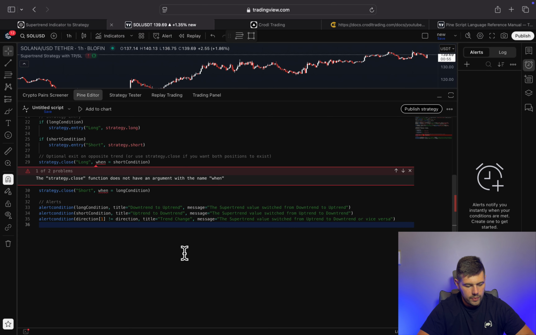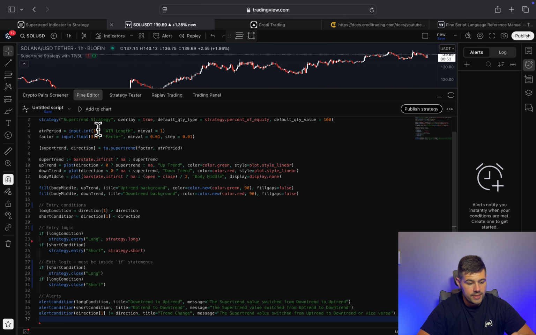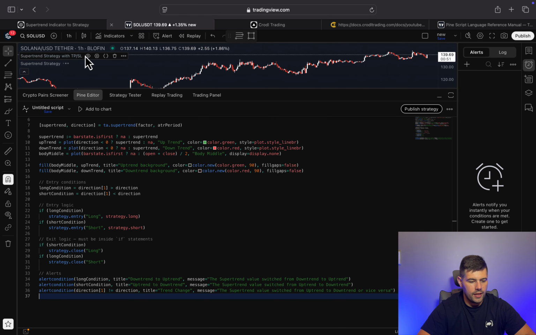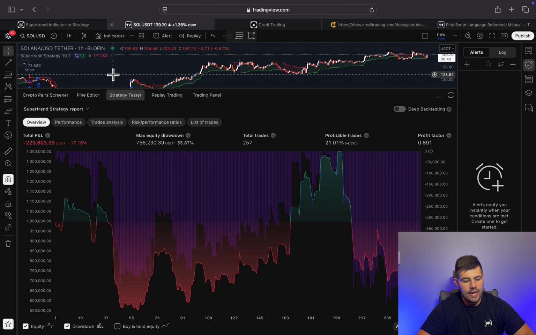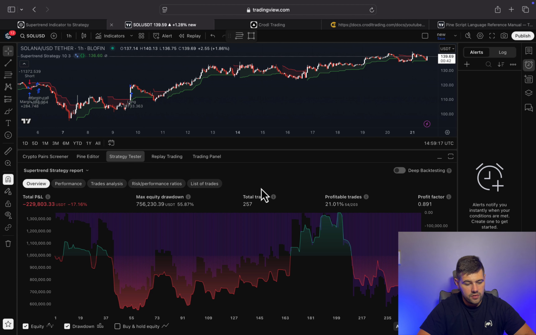So once we've done that, we can go ahead and clear everything out, paste in the new version, and then add to chart again. And now we can see that it's adding it without any issues. Now this might not be the best strategy that you want to automate, because you might want to make some changes first to see if you can get the profitable trades up, maybe a lower drawdown, and to actually get